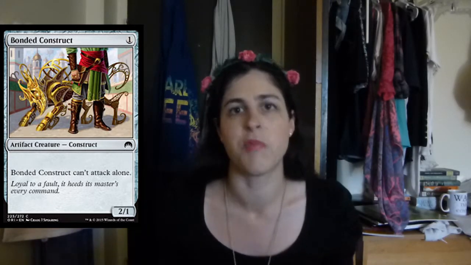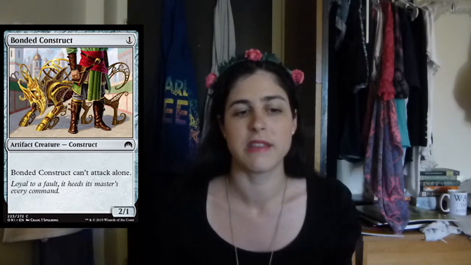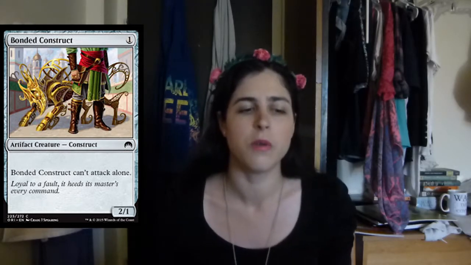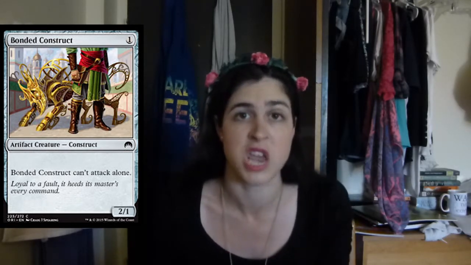Origins has that too, but Battle for Zendikar especially does. With Origins, you've got a lot of smaller things. The thing about Bonded Construct is it's definitely a great one-of in your deck, because it's one of those cards where you don't first pick it. It's kind of one of those last picks, like, okay, there's nothing really else in the pack for me that's good, let me just take a Bonded